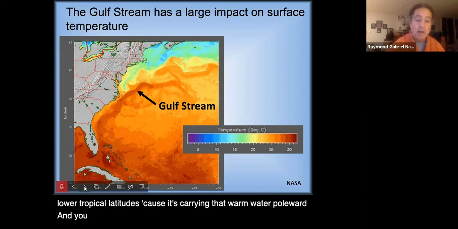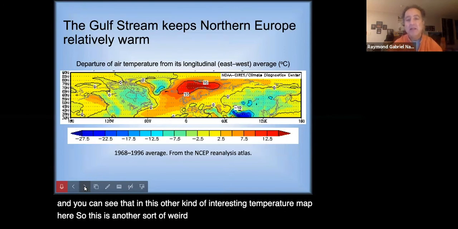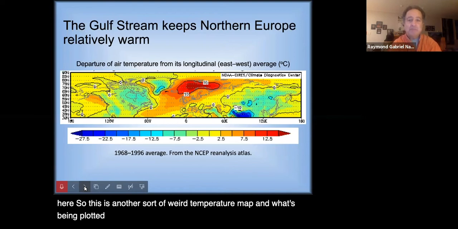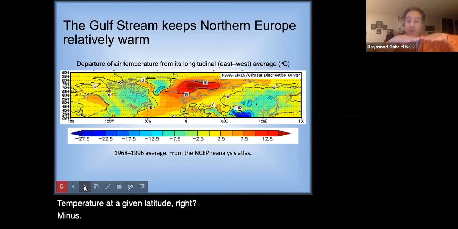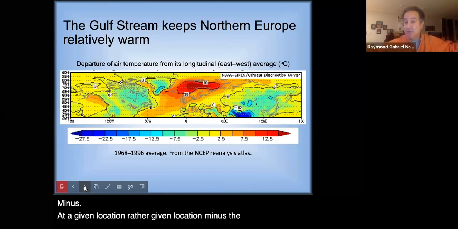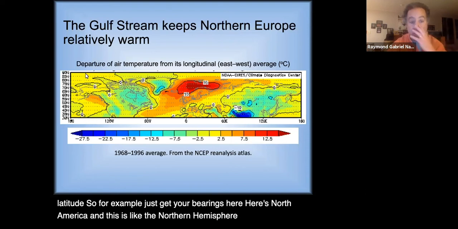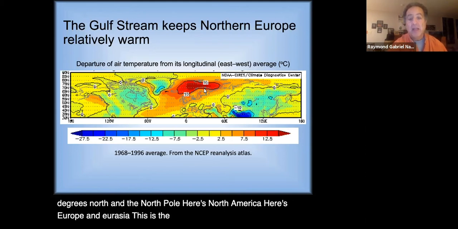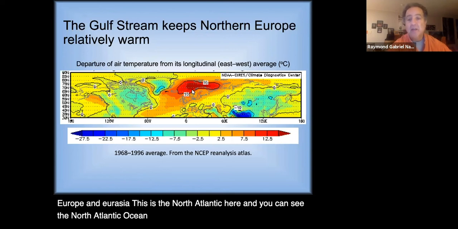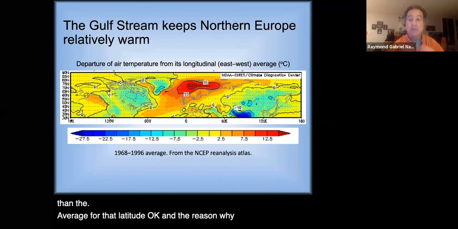And you can see that in this other interesting temperature map here. This is another weird temperature map, and what's being plotted here is the temperature at a given location, minus the average for that latitude. So for example, just to get your bearings here: here's North America, and this is the northern hemisphere between about 30 degrees north and the North Pole. Here's North America, here's Europe and Eurasia. This is the North Atlantic here. And you can see the North Atlantic Ocean is like 10 or 12 degrees centigrade warmer than the average for that latitude. Okay, and the reason why it's warmer is, at least in part,